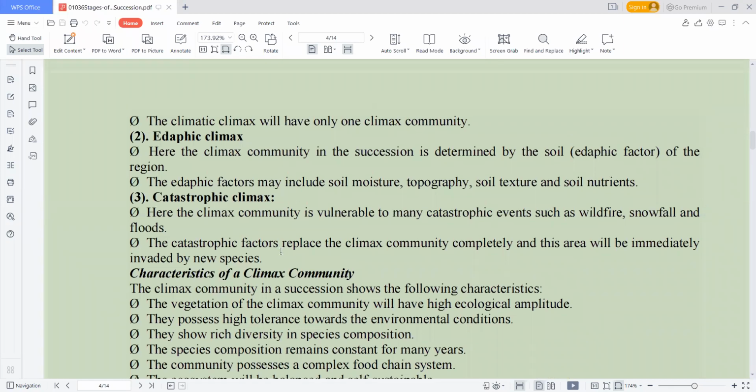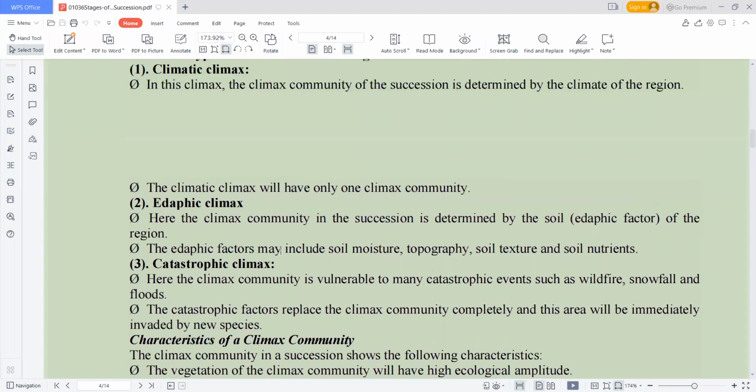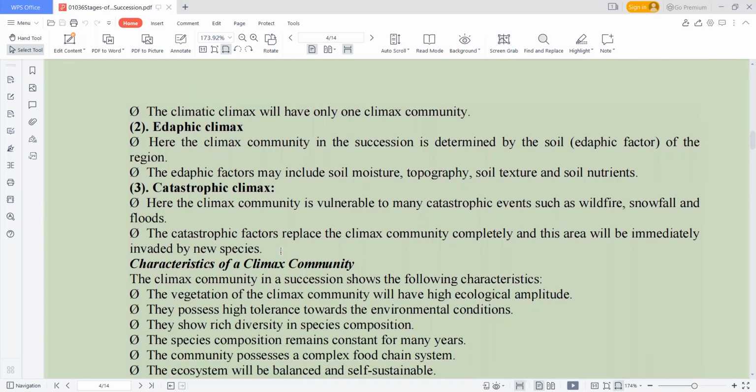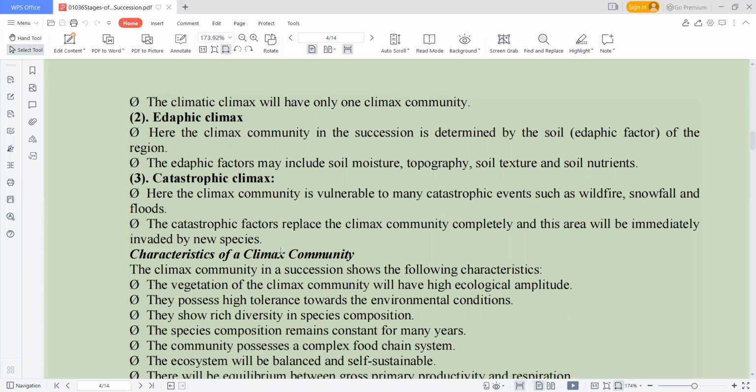So here are the three types of climax. If the climax community, that is the final community, is determined by the climate of the area, it is called a climatic climax. If it is determined by soil factors like soil texture, soil moisture, and nutrients, it is called the edaphic climax. And catastrophic activities due to wildfires or snowfalls or floods, so the area becomes